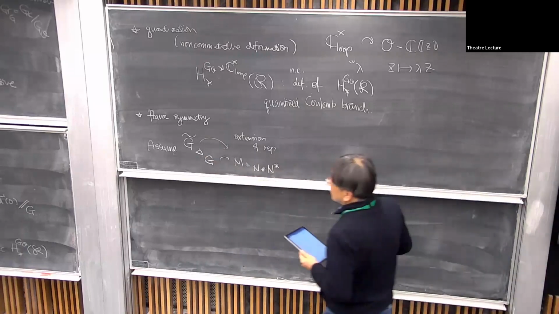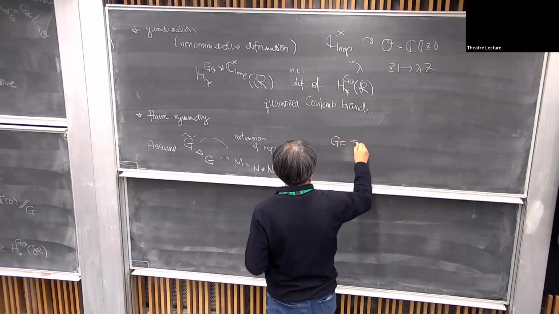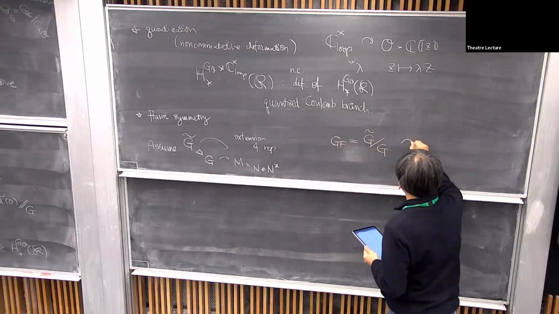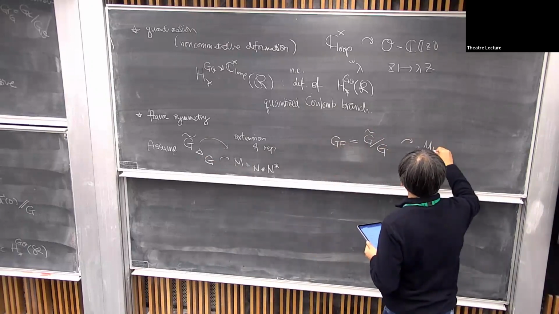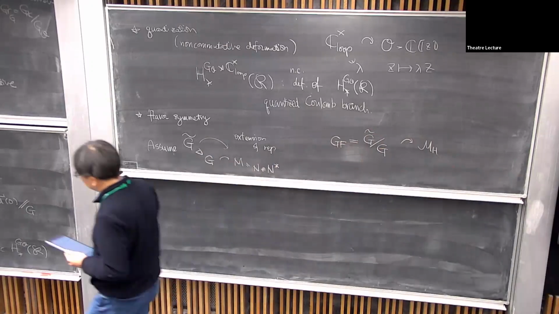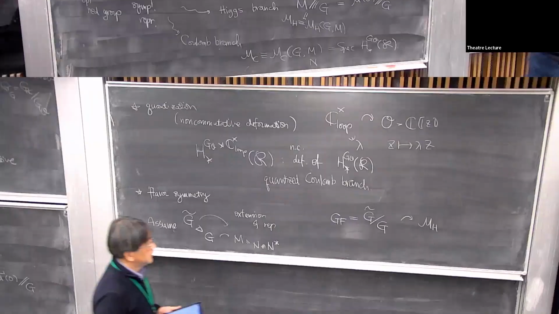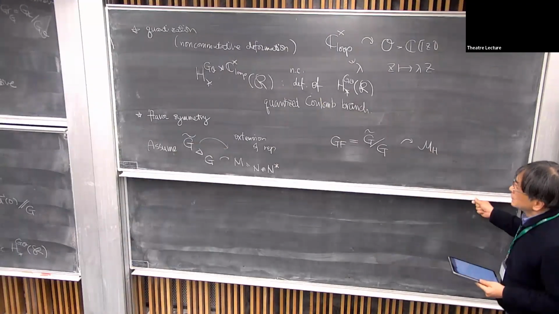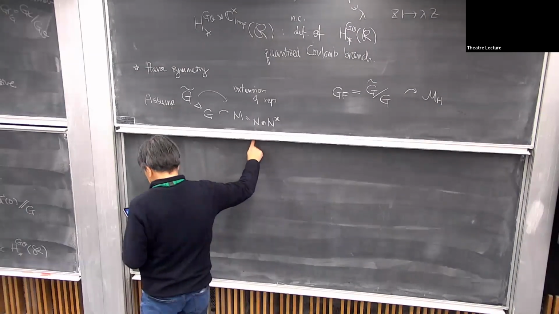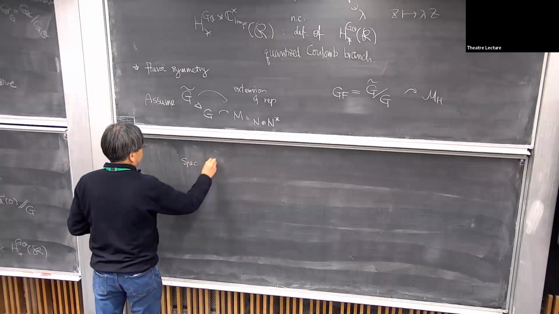Then on the Higgs branch side, G of F, this is G tilde divided by G, acts on the Higgs branch, because M of H is defined as a quotient space by G. So if you have a larger group action, then the quotient will act on the quotients. So this is clear. And for the Coulomb branch side, we consider equivariant homology of the larger group,